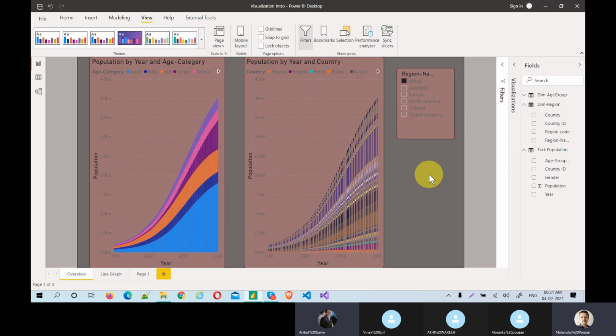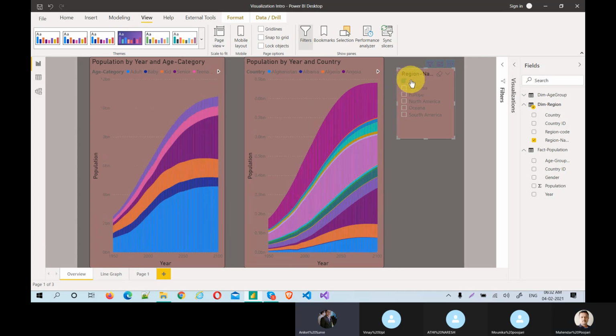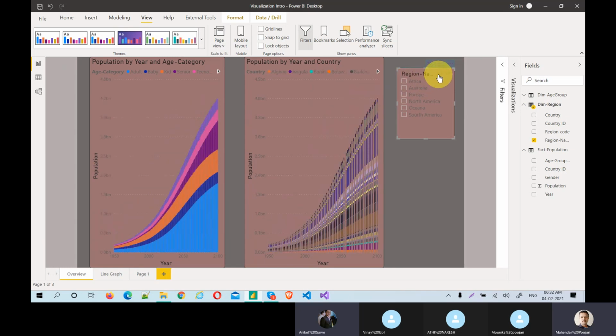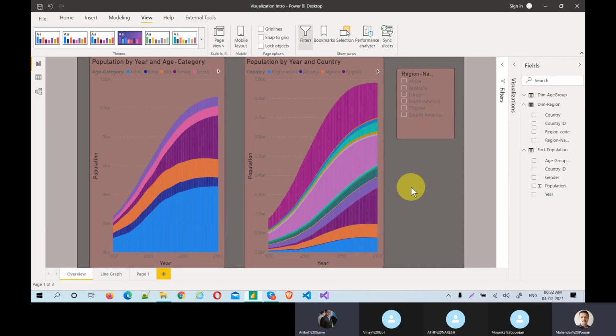So I might not have cleared your requirement, but Power BI's best feature is to slice and dice, basically. You can slice any way and dice any way. That is an advantage of Power BI. As you have told me about this sync thing, which I did not know, I will try it.